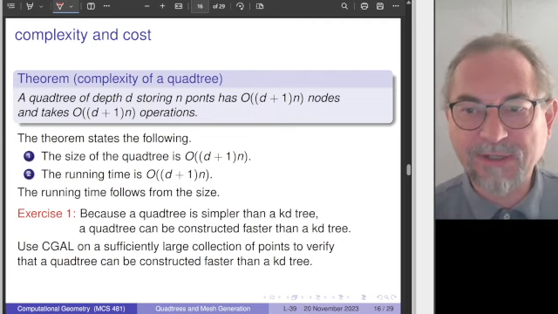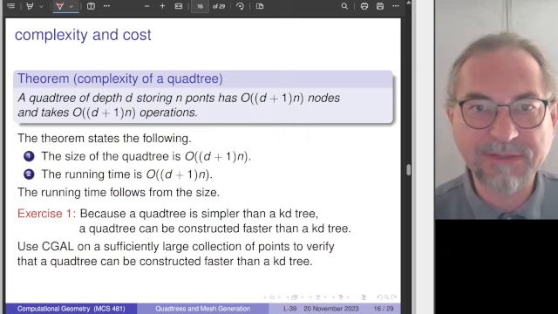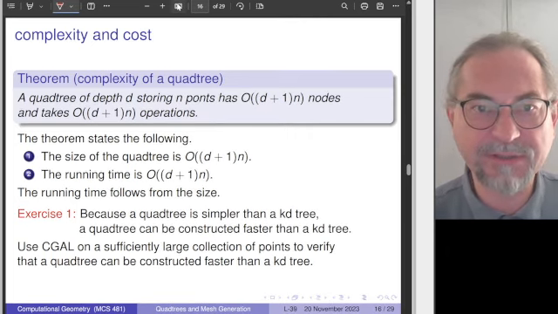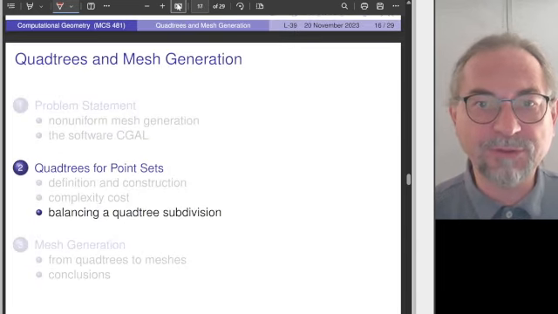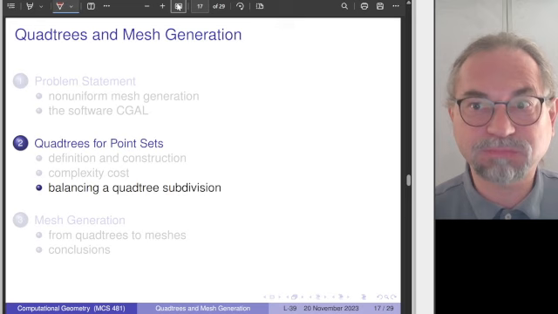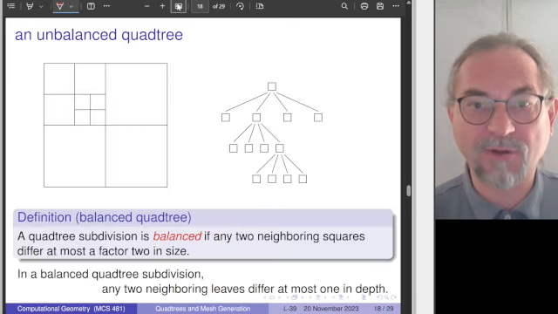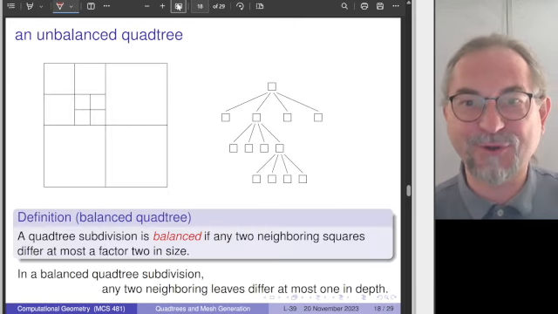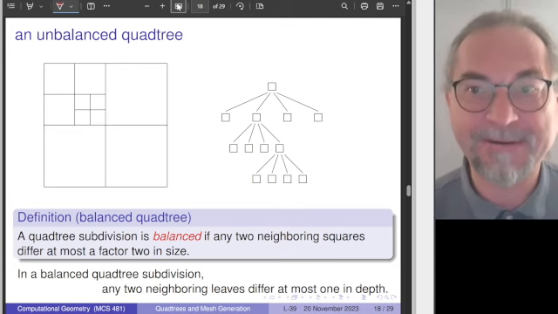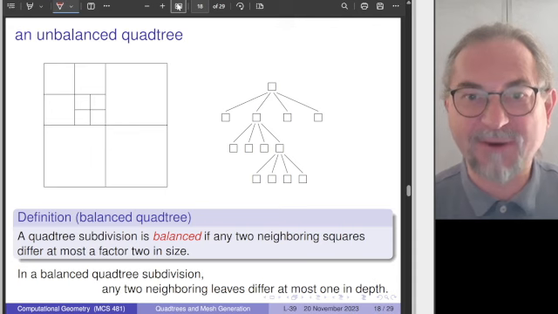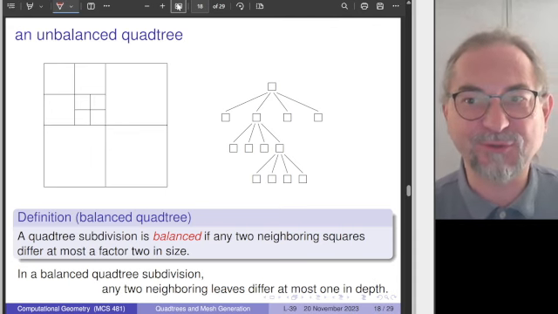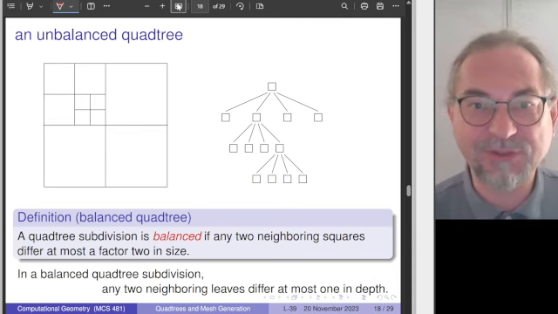Okay, I'm halfway, or more than halfway, through my slides here. So we have constructed a quadtree. Okay, what do we do with this now? What can go wrong? Here is our first example again. I picked this example quite carefully because I wanted to use it to illustrate another property. So this quadtree is actually an